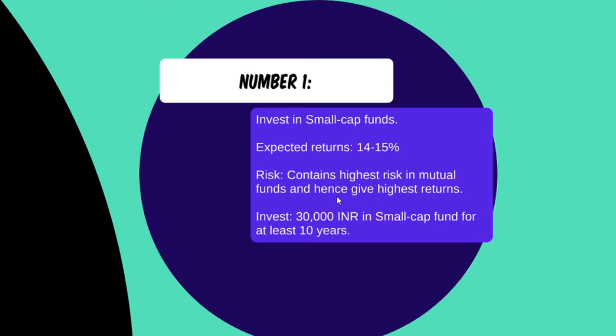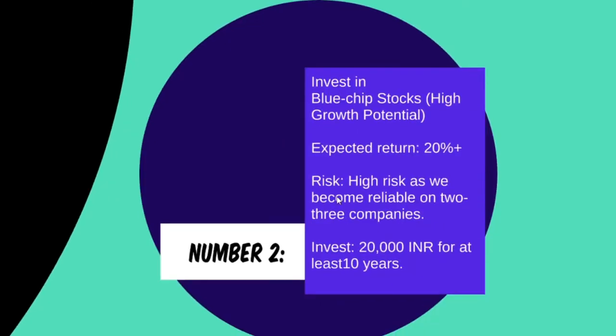The second approach of investing as an aggressive investor is to invest in blue chip stocks. Most teenagers believe that they should invest in stocks which have a low price, but there is no such concept that if you invest in low price stocks, you will get high returns. We have to check the fundamentals first, but most teenagers fail to analyze that. That is why I have suggested blue chip stocks that are